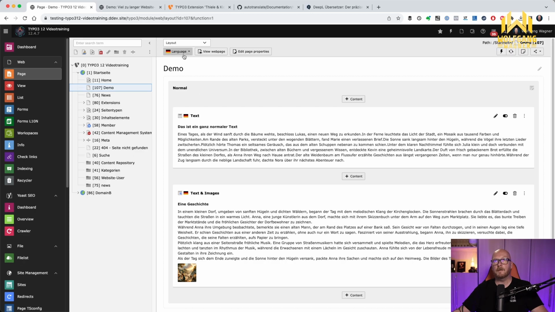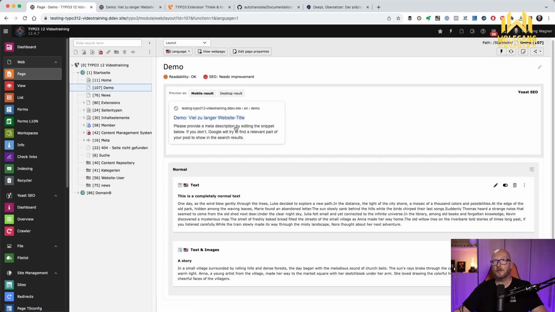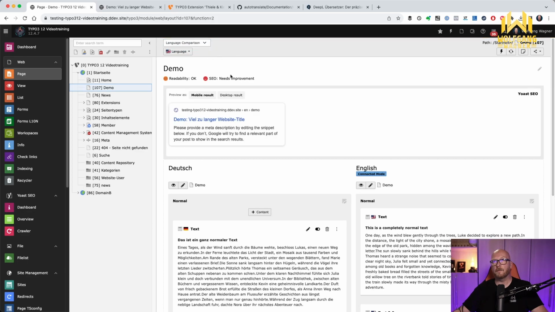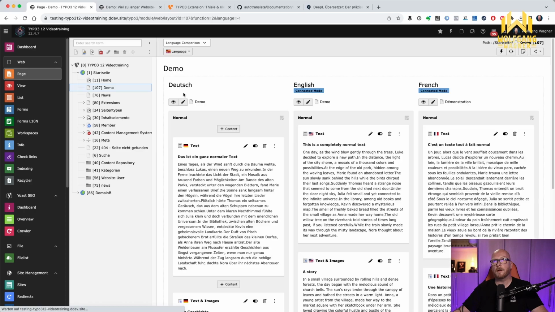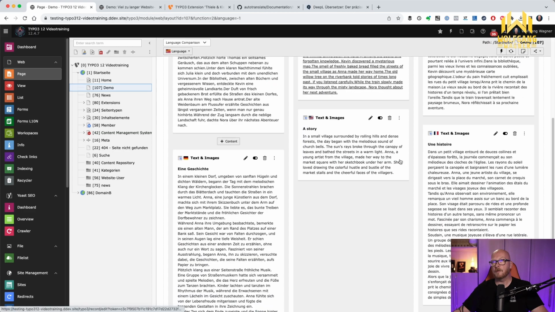We'll see that when we switch here, I can now switch to my English version, for example. And I can see this text right here. I can also switch to the language comparison here and go to all languages here. Then I see that I've just created the German text and the element has now been translated automatically in the background into my defined languages. And I think that's pretty cool.